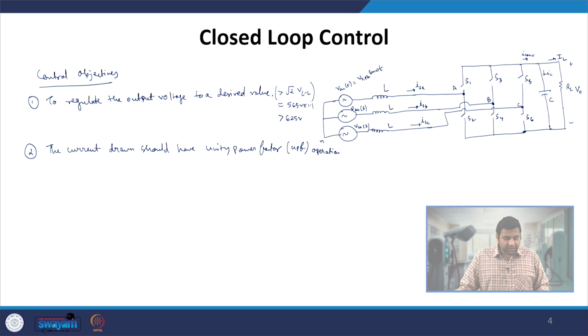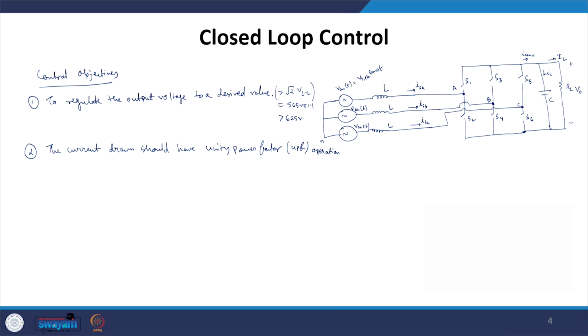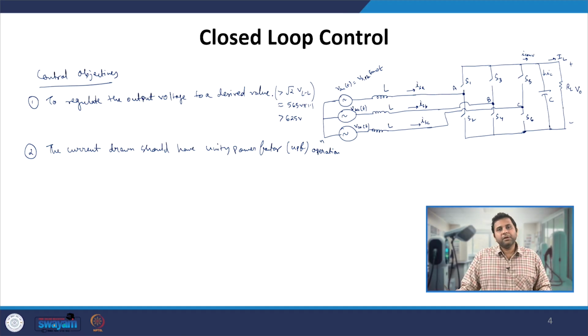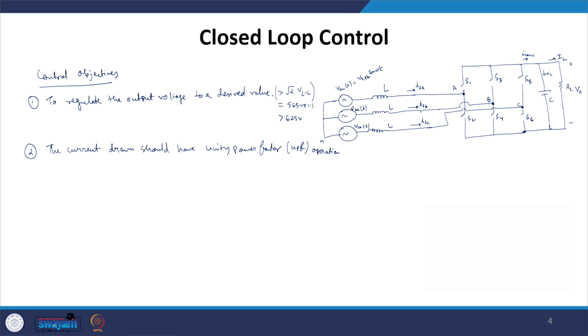So, these are the two requirements we want to have, and we have studied how we can obtain the closed loop control of single phase AC to DC converter, where we use the dual loop structure. The outer loop is the voltage loop, inner loop is the current loop, which ensures that output voltage is regulated at a desired value, along with obtaining the unity power factor operation. But in this case, if you look very carefully, there are 3 phases. Since there are 3 phases and we have balanced 3 phase operation,